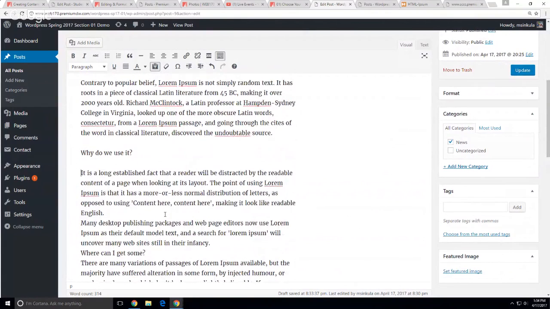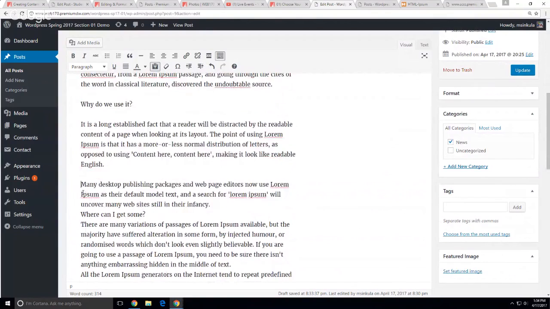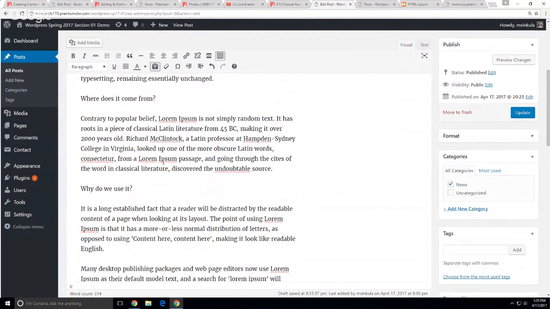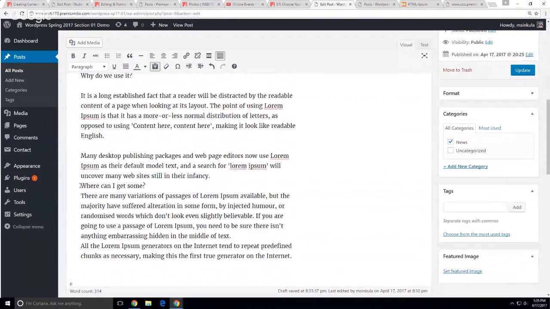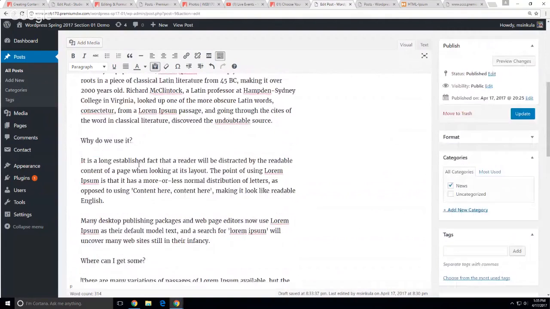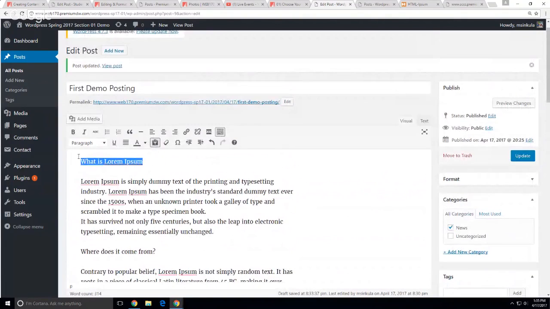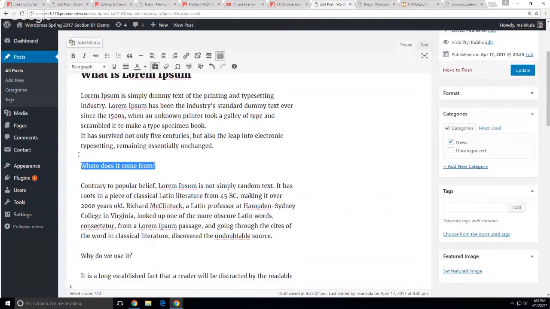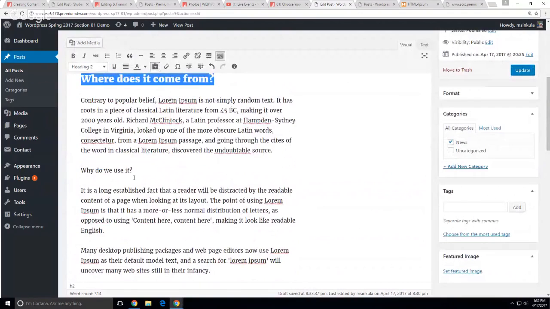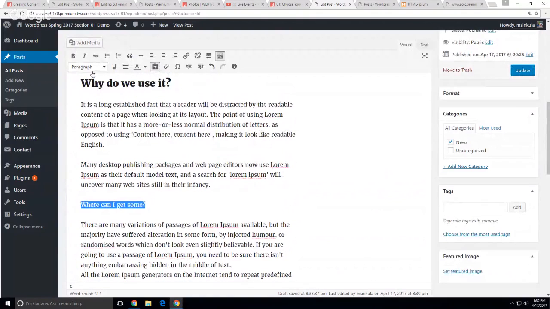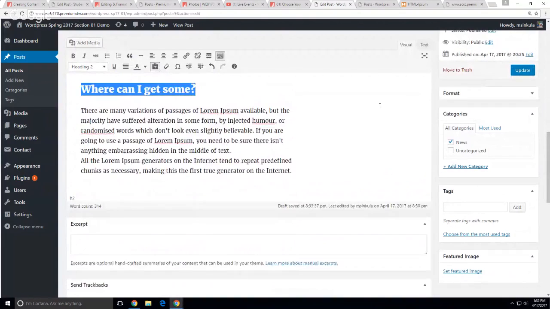So if you think to yourself, Mike, why is it doing this? And Mike's answer is, it's what it does, right? You then will have to quite often reformat stuff. So basically what I did is when I added a headline here, heading 2, heading 2, so on and so forth,